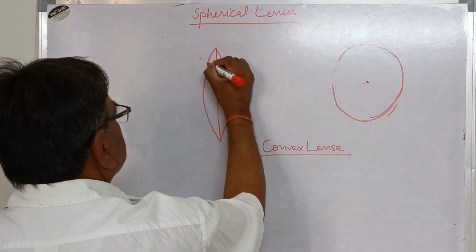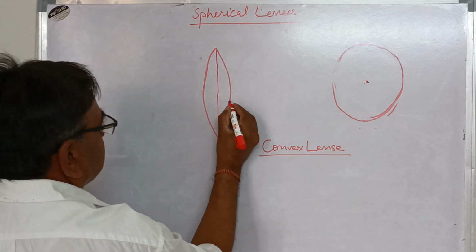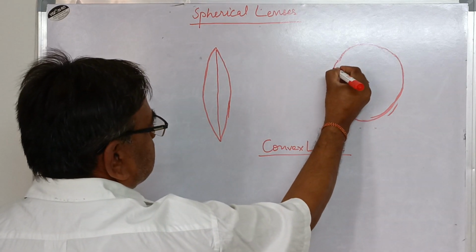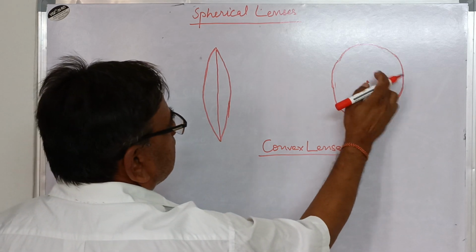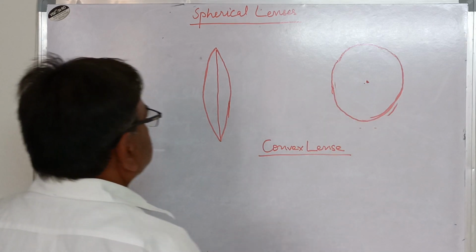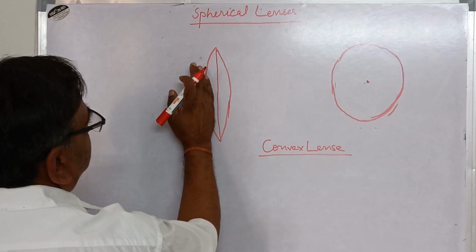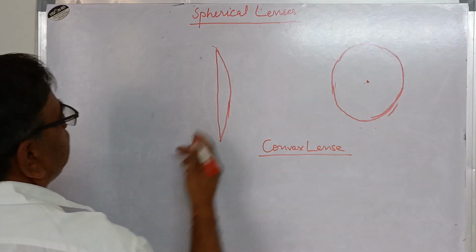Now, when these are joined in such a way that it is thick in the middle and thin at the sides, when we see this disc from this side, the shape will be this one. This is called a convex lens. And when this half is joined here,